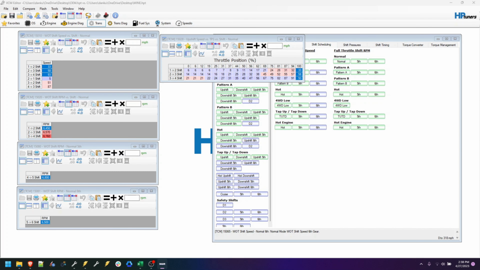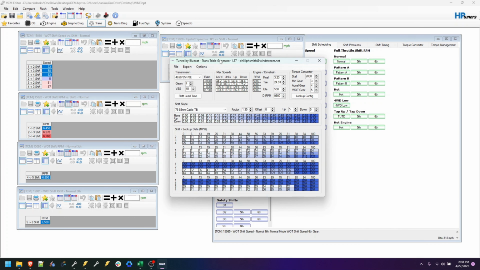So a lot of this may seem a little bit daunting, but it's not that bad. I think you get in here and you practice a little bit, you'll get the hang of it. Not a big deal. But if you're new to it and you want a little bit of help, Bluecat back in the day wrote this tool,